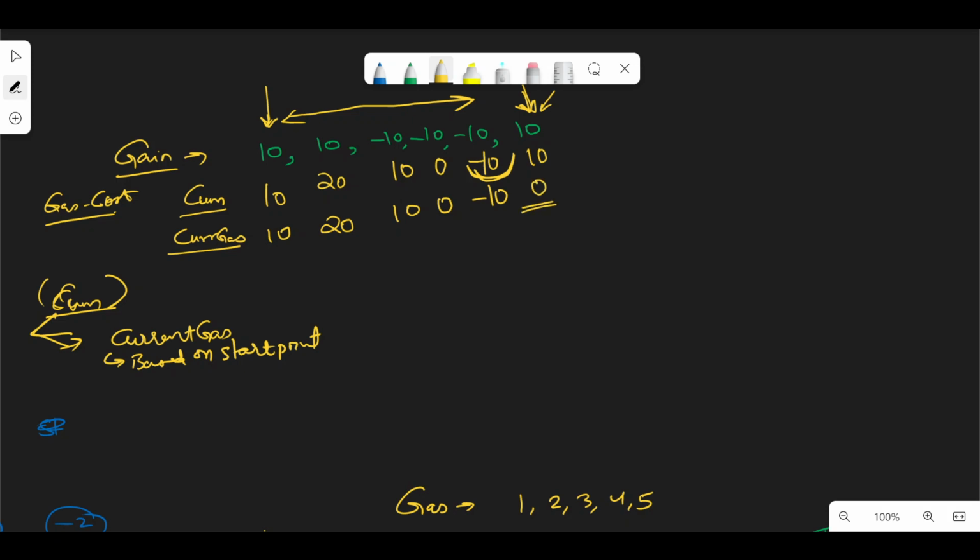And so you validate that my cumulative is 0, so the cycle is possible, and at the end the current gas is positive. So whatever the last candidate that I considered for the start, that will be the candidate for the start. So let's look at that logic as well. All right, so we come back to the code,